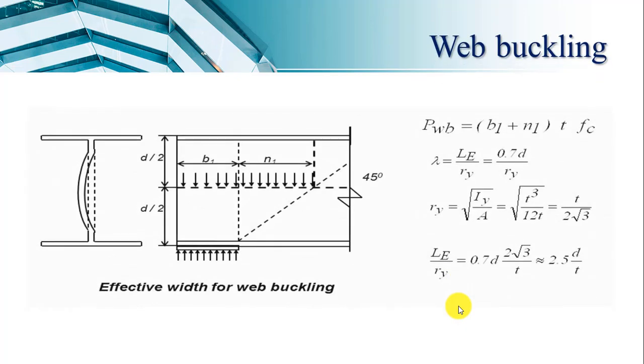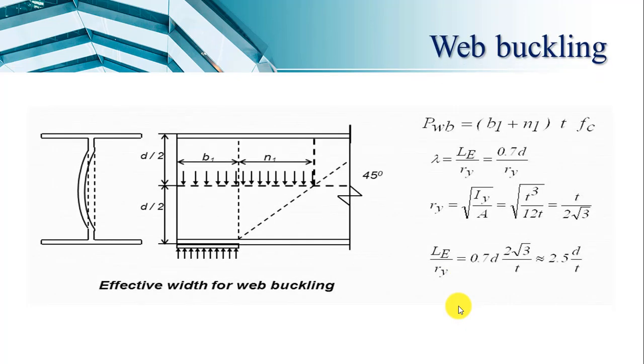For this web buckling, in our IS code mainly this calculation is given, that we need to calculate this N1 part, or when we are applying the check for web buckling, then this N1 needs to be calculated. As per the IS code, this load dispersion takes place at an angle of 45 degrees. That is why at the support, suppose a bearing plate is placed below the beam, at its supports the load is shown and its dispersion is taken up to the half depth of this beam.